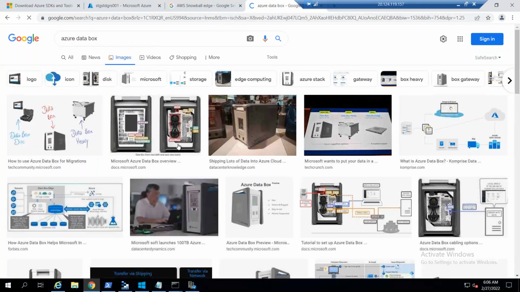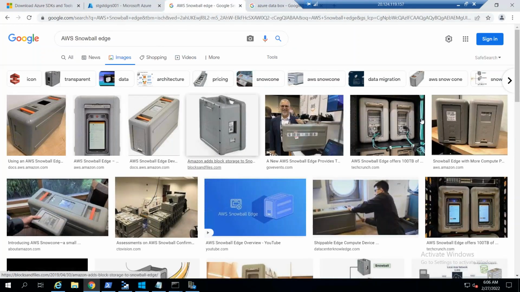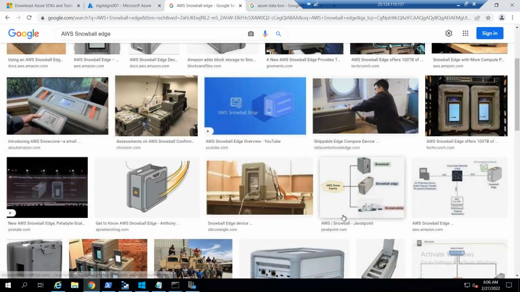Okay, only the sticker will be different. The manufacturer will all be the same, so it will be like the same exact device. Okay, so they have all the same kind of thing like AWS, but we don't have the Snow Mobile yet